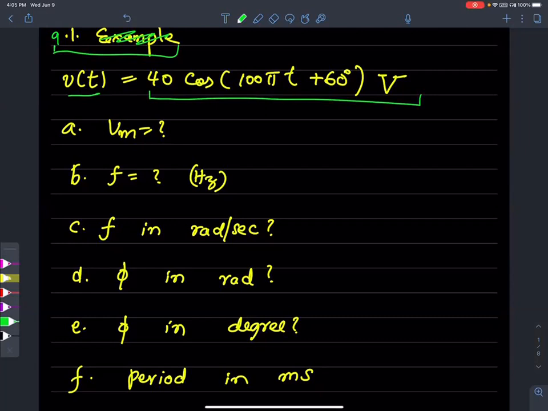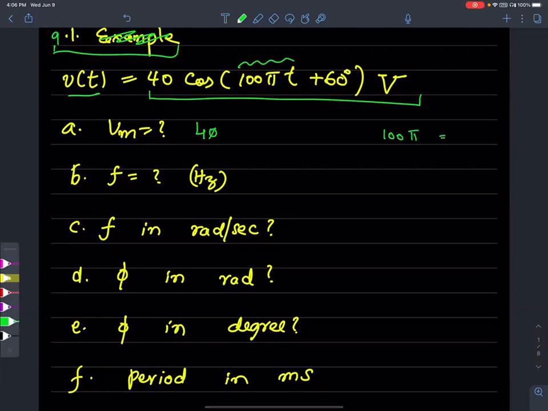The first problem on the exam is straightforward. So you can participate and give me the answers because it's straightforward here. What is Vm? 40. 40 is Vm. So the exam problem is going to be similar in some sense. How about the frequency? This is the frequency component, right? 100 pi